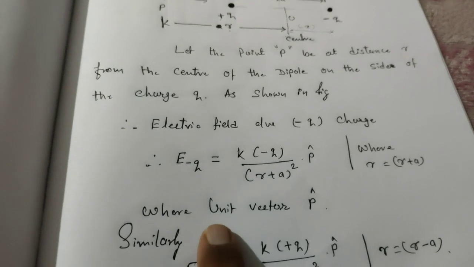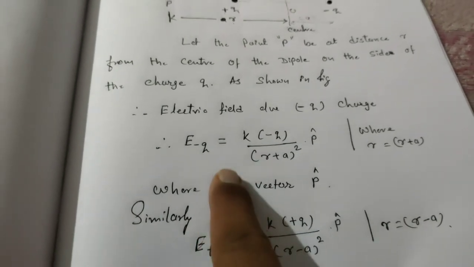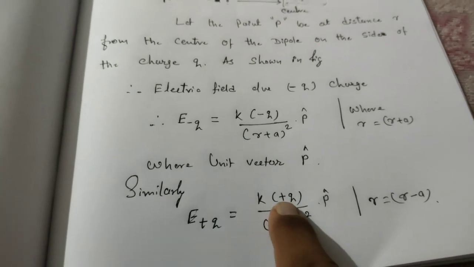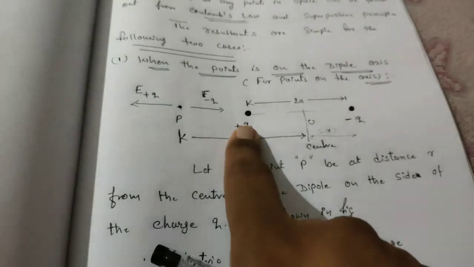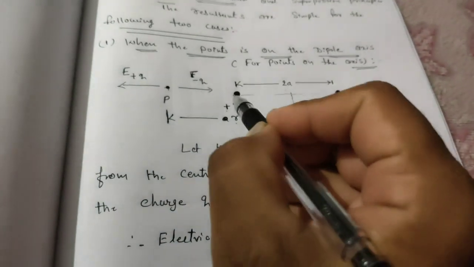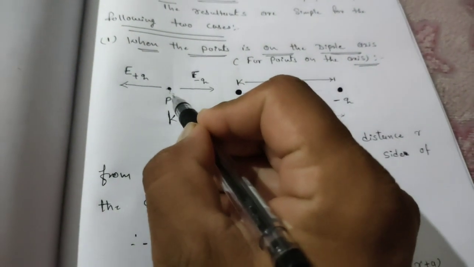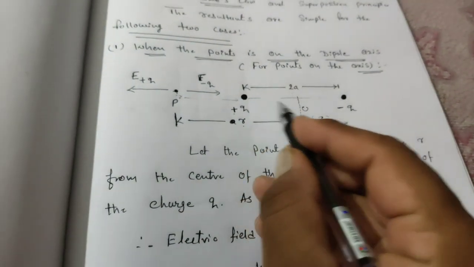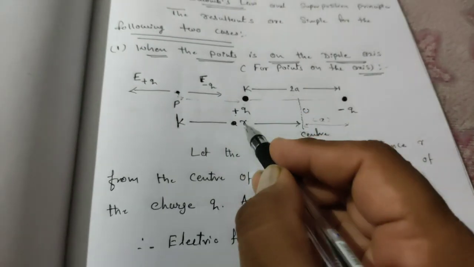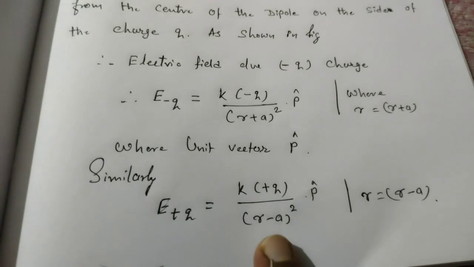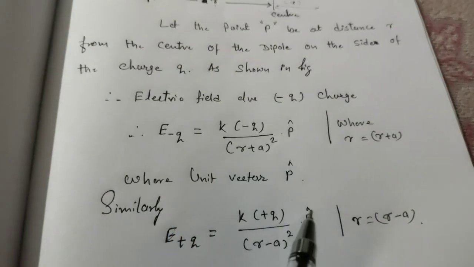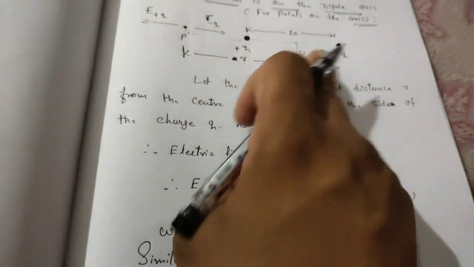Okay, now another one, we have minus q, sorry, this is minus q. Now we are finding the electric field due to plus q charge, so kq over here, we have to add the positive charge particle, because we are finding the electric field for the positive charge particle. Now from this point to this point only we have to find the distance. So the total distance over here is r, and the distance from the center to the plus q charge particle is a, so r minus a will be the distance for the electric field at point P. So r minus a whole square into p cap.